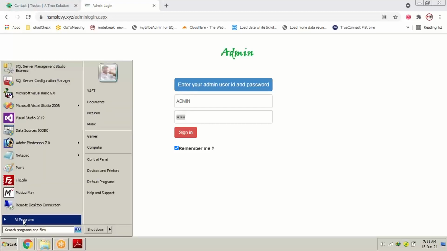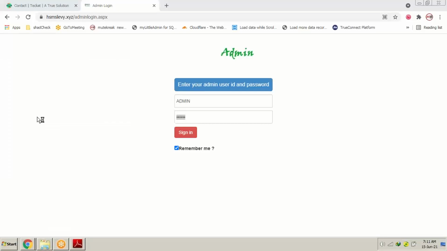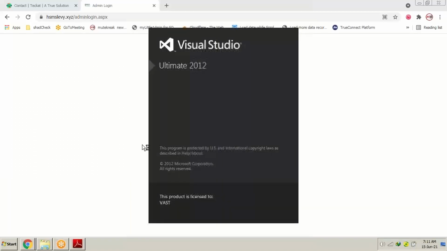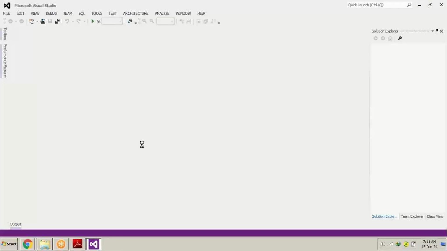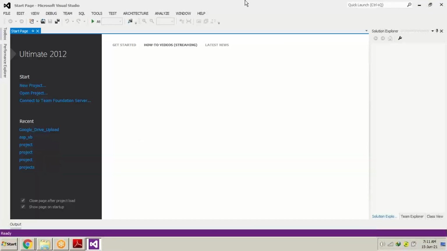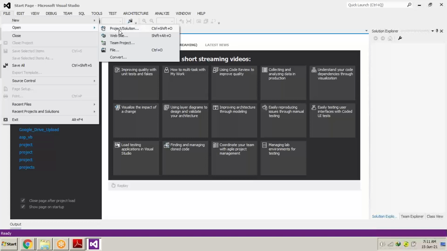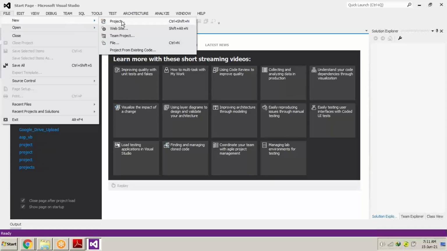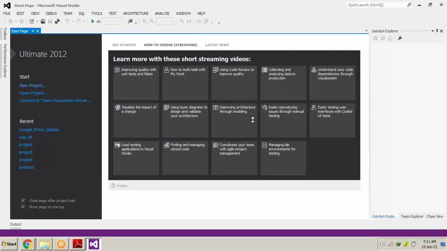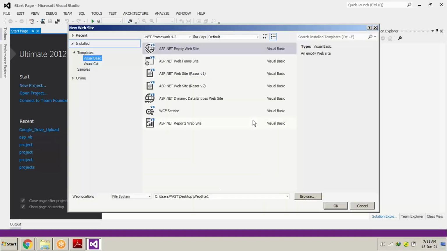So we're going to see the IDE, the framework which I'm going to use. It's Visual Studio 2012. So this is the place. I'm going to tell you everything about it in detail also. No, sorry, I will go for the new website. And as we go over here,